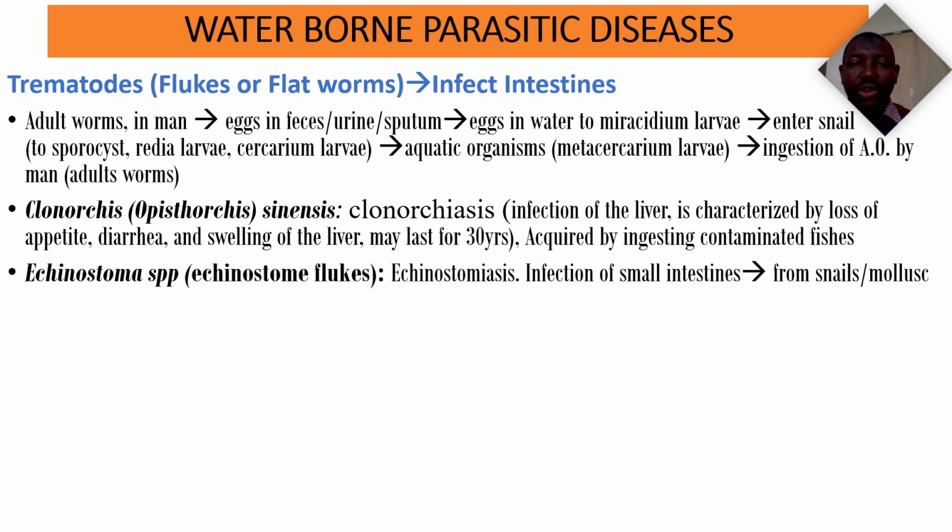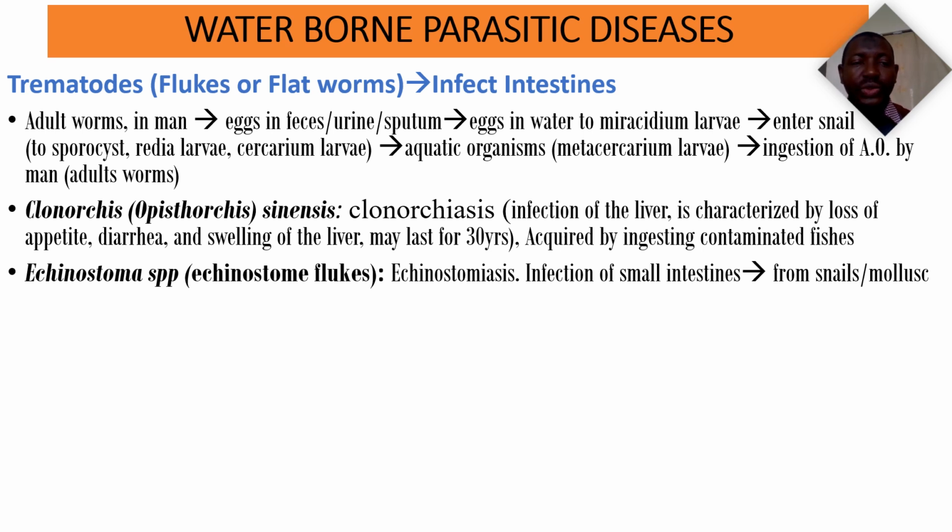Echinostoma species are commonly called Echinostom flukes. These particular worms are responsible for intestinal diseases, which is called echinostomiasis. Echinostomiasis, as I said, is a disease of the intestine. Now, the parasites usually live and attach themselves to the wall of the small intestine, where they produce inflammatory reaction